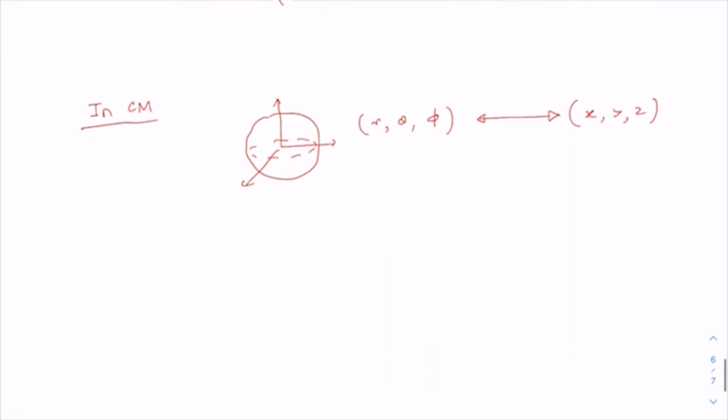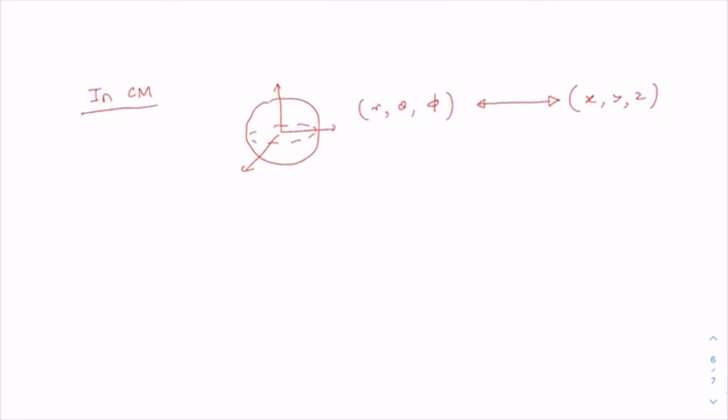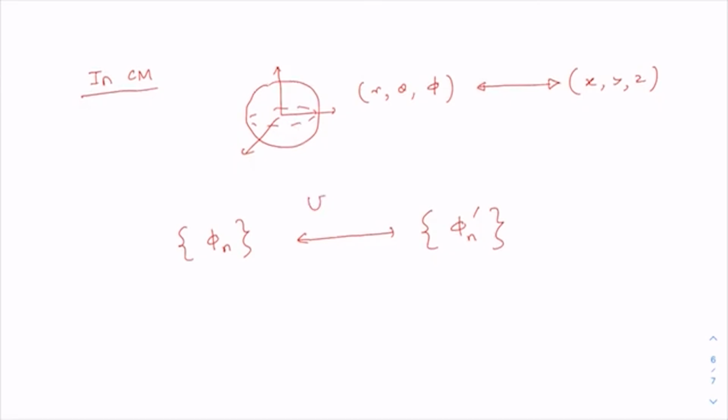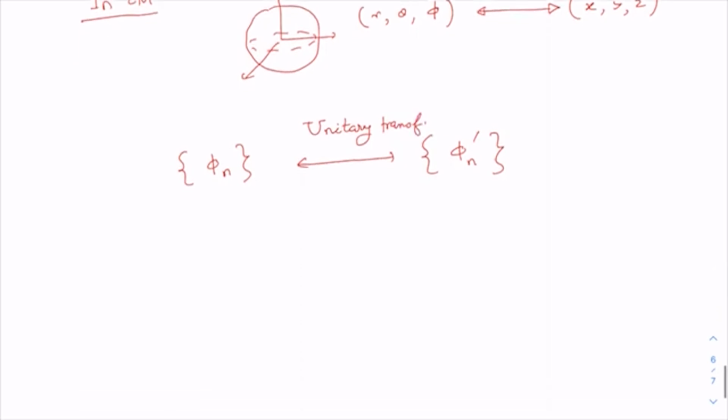In a similar spirit, in quantum mechanics, we can go from the basis states, say phi n, to new basis states phi n dash, or vice versa, and we can do that by using a transformation called unitary transformation. By unitary transformation, we ensure that the probability is conserved. That means we must have this condition, that the scalar product has to be equal to 1, which is the normalization condition, and while we go from